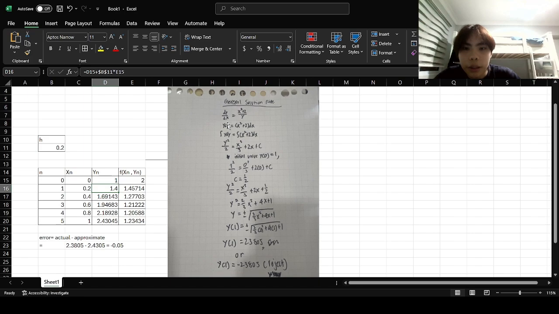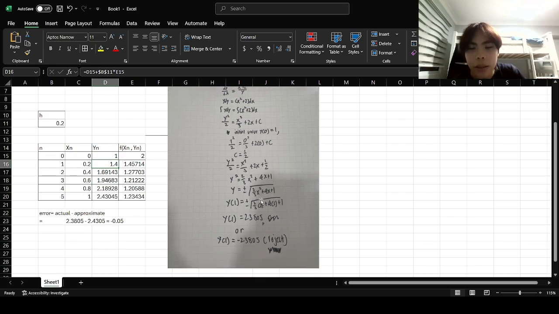This is our equation, dy over dx equals x squared plus 2 over y, and we integrate this and we get this equation where c is a constant. Now we plug in the initial value of y0 equals 1, and we get c equals half. And we plug c back into the equation, and we multiply everything by 2 to get y squared equals this, and y equals plus or minus the square root of 2 over 3 x to the power of 3 plus 4x plus 1. We want to find y when x equals 1, so we plug in x equals 1, and we get